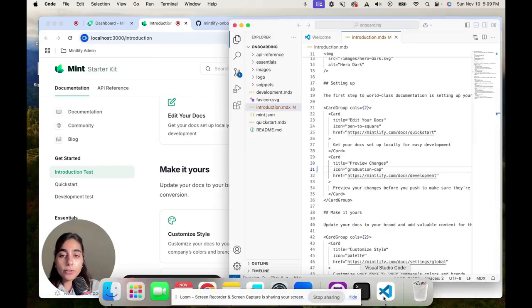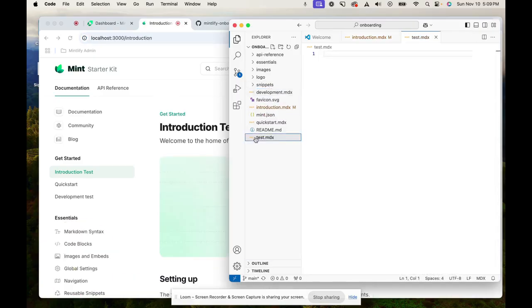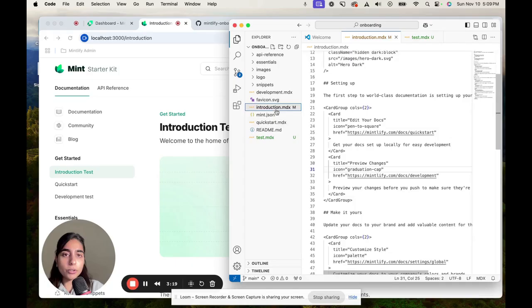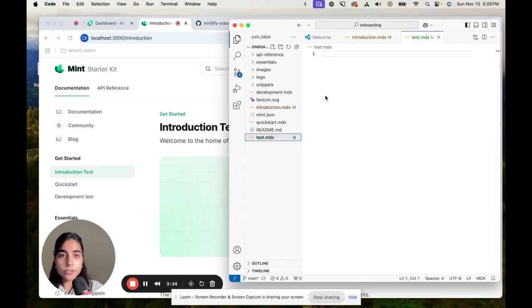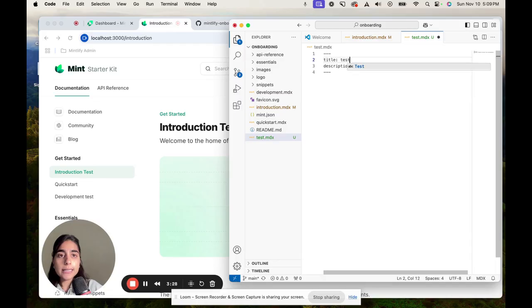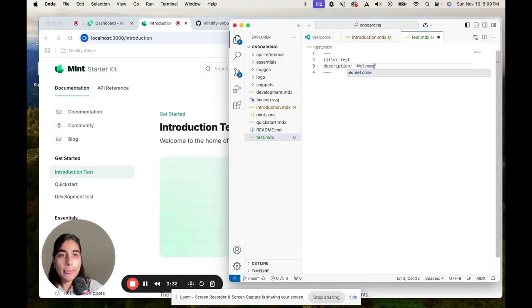And if you wanted to create a page and see if that would appear or not, let's go ahead and do that as well. So I'm just going to create a page right here. I'm going to call it test.mdx. As you can see, this is a completely blank canvas. What I'm really going to do is copy paste the front matter directly into that page. Like you can see here, I'm going to save that. I'm going to call this test, and I'm going to say welcome to Mintlify,